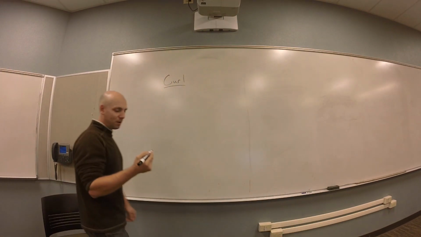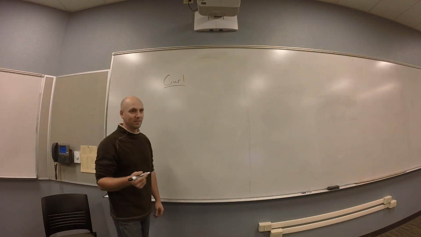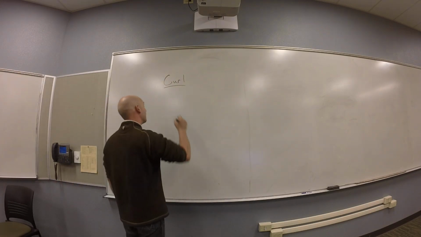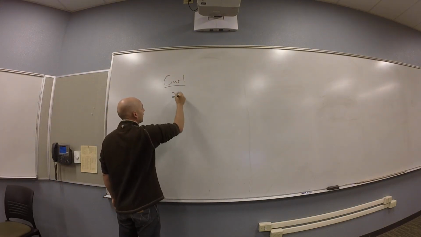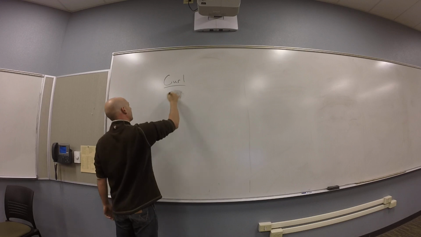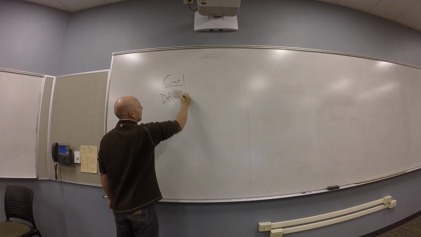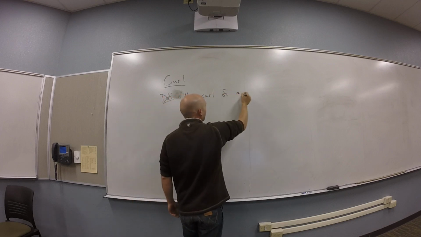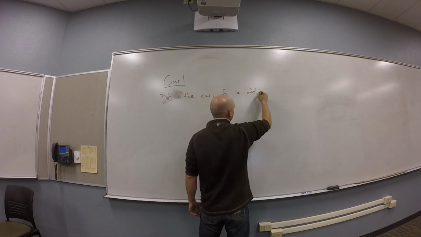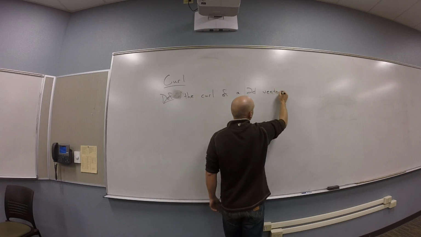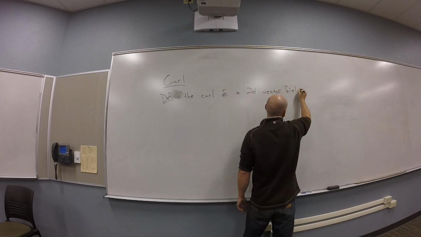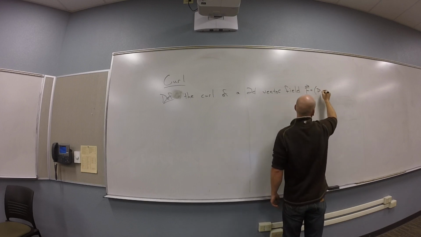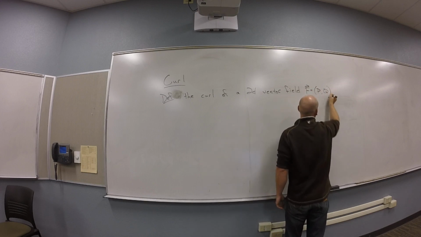Okay, so I'm going to give you guys a concept of curl. I promise this will feel familiar. So let me define this, I suppose. The curl of a two-dimensional vector field F, which is made of P comma Q,